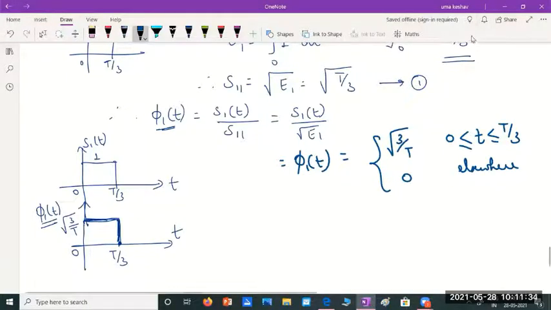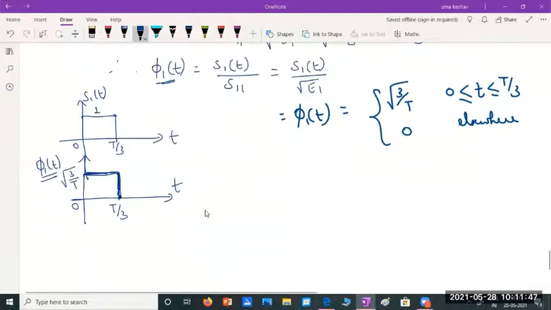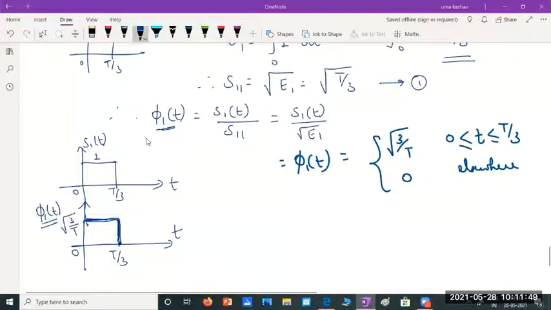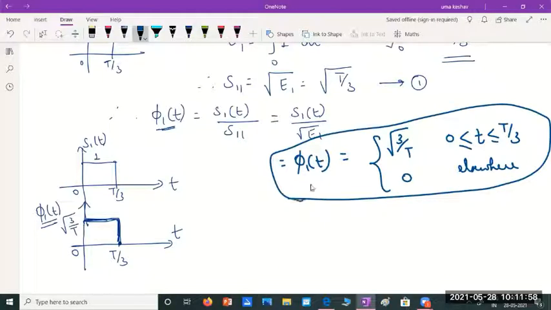This is the function. Are you following? It is better if you draw the waveform. It is easier to analyze with the waveforms. Even without that, it is fine. But why I drew the waveform is that I have to define phi1 like this. With the waveform, I need not write this equation. I can skip this equation and just show phi1 as this and leave it. That's why it's better to write the waveforms.